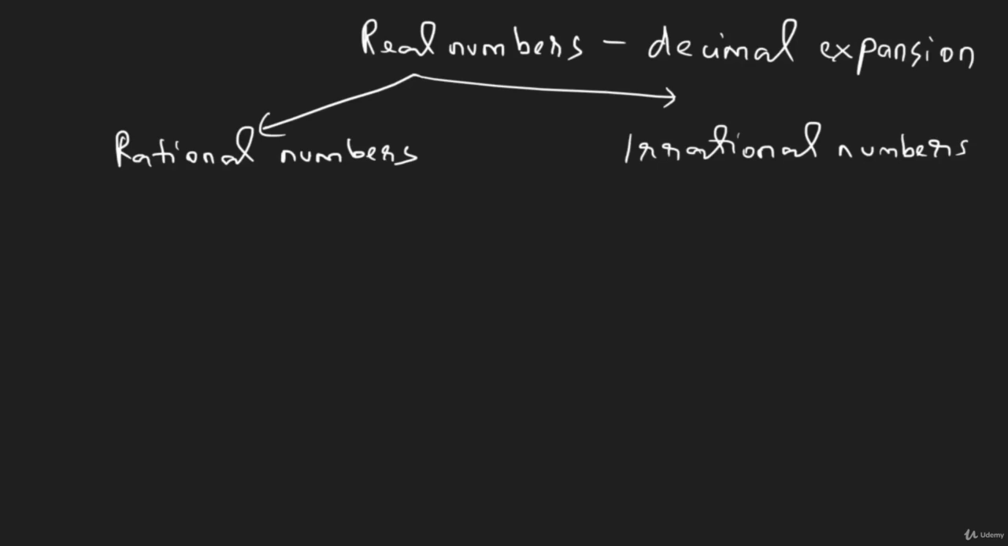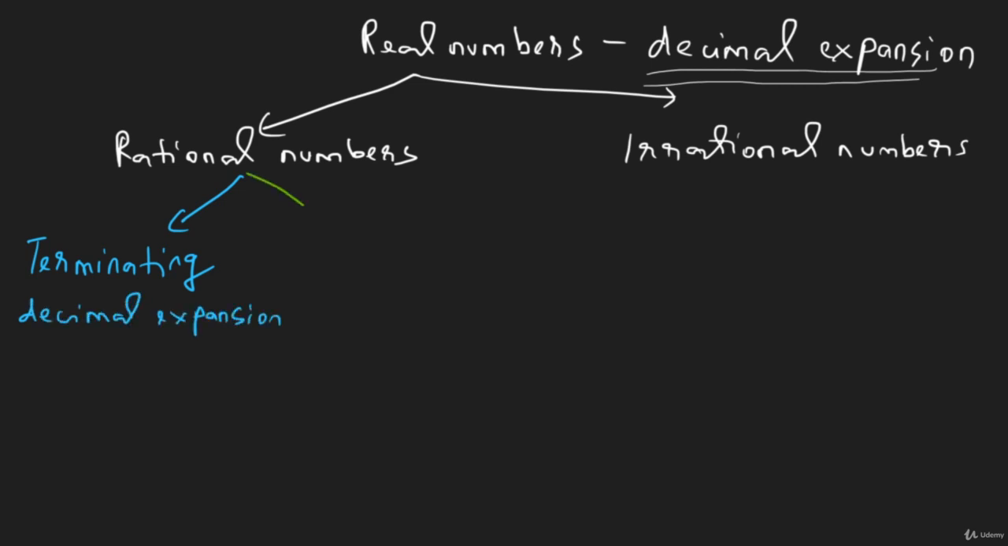Now that we know what rational numbers and irrational numbers are, let's try to think how we can identify whether a given number is a rational number or an irrational number. For this purpose, the decimal expansion of the given number will give us a clue. Let's analyze this. In the case of a rational number, the decimal expansion will either be a terminating decimal expansion